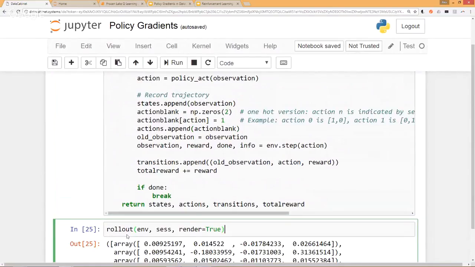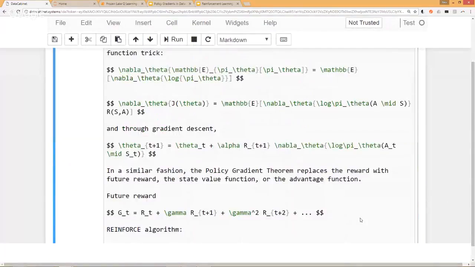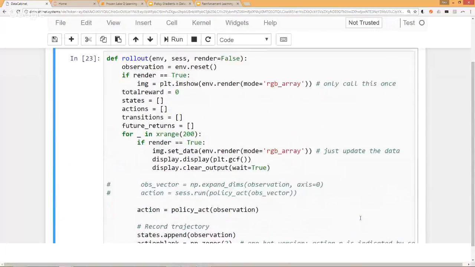So I tested out a rollout function, and I also had it, as I mentioned, record a list of states, actions, transitions, and total reward. I had it return these just so that we could see what's going on. It's harder to scroll, but that's fine. So this first set of information, it's going to be